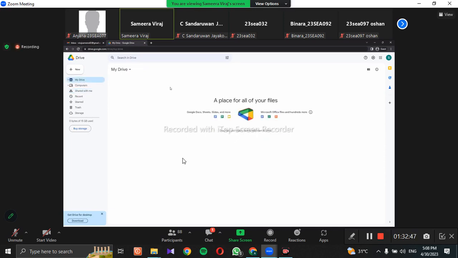So I will create a file here. You can simply right click on this one. Here you have several options: new folder, upload file, upload folder. And other than that, we have other options. These are Google Docs, Sheets, Slides, Forms, Drawings, Sites, scripts, those kinds of things, right? So these are different kinds of applications provided by Google, and you can create a file simply